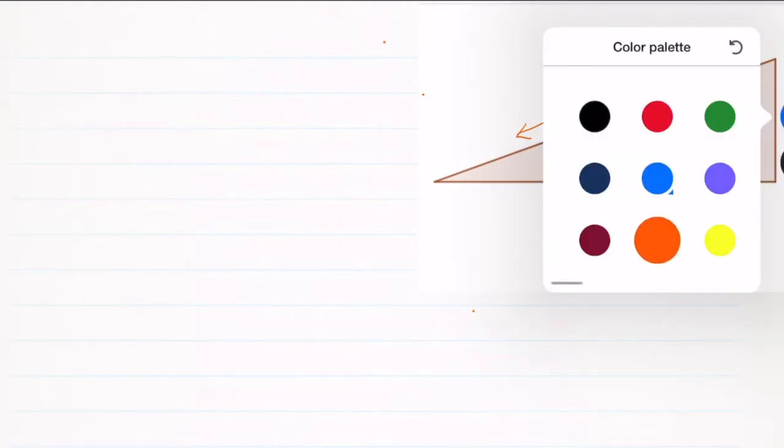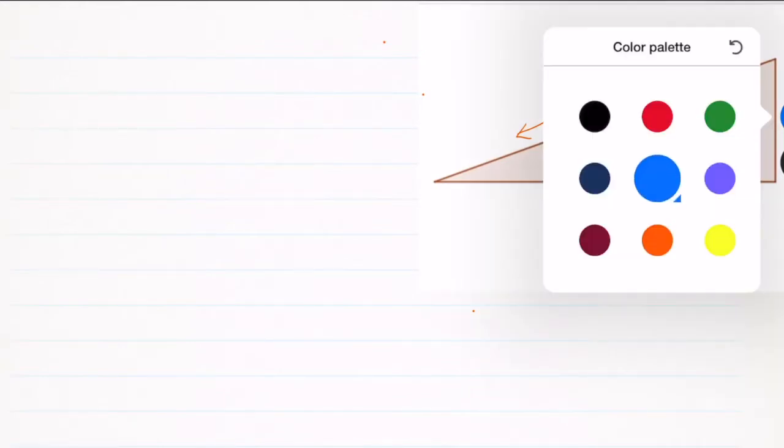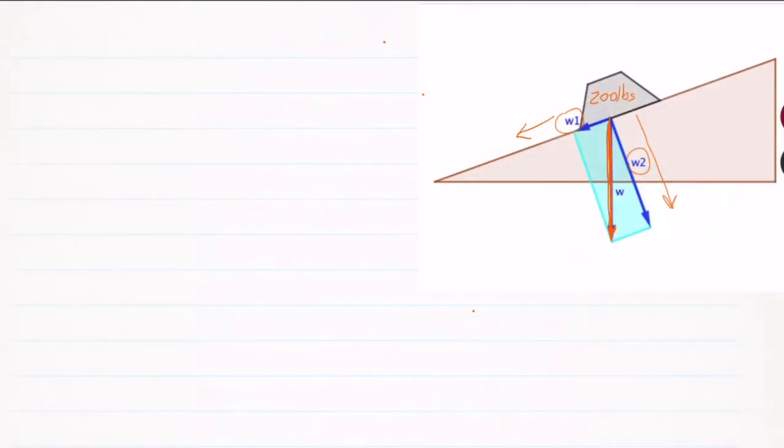So let's find out what's going on here. Now, one other number that we need to know is the angle of this ramp. If we're looking for the angle of this ramp, this angle here, let's just call it theta, whatever theta is equal to. And what I need to do is show that that theta applies to my little rectangular setup over here. So if this is theta, then this angle here in the other corner of this triangle formed by this shape here,